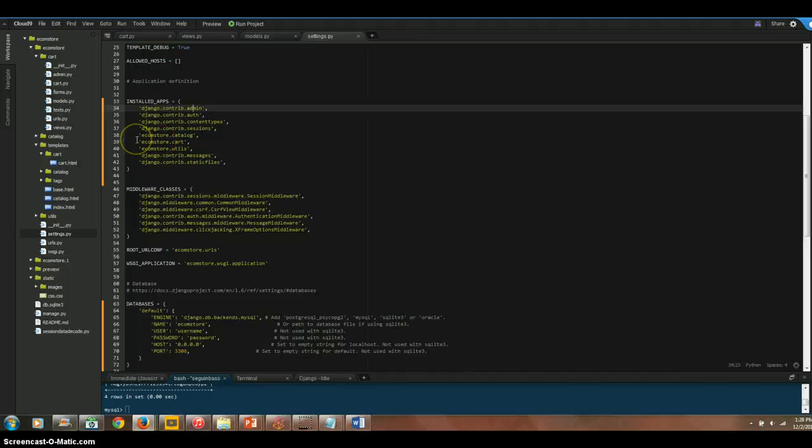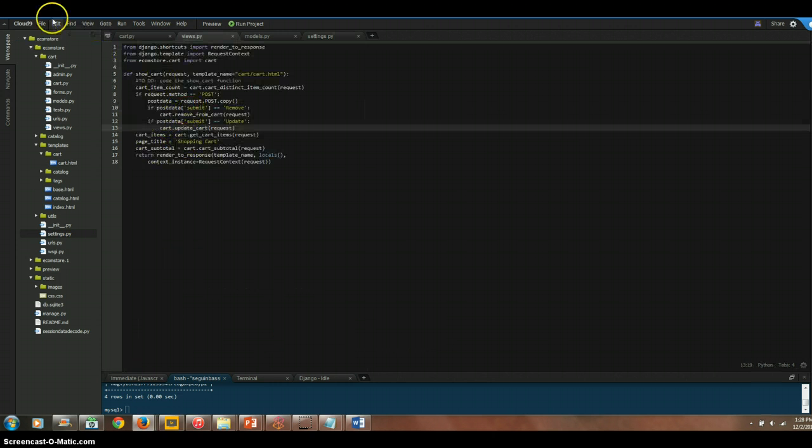The next thing we did was we made sure to add the ecomstore.cart app into the installed apps part of the settings.py file, or else it would not work at all. The next thing we did was we went into the views.py and we coded the show cart function, which determines the web response of the shopping cart, which includes the remove and update, cart subtotal, and the items,